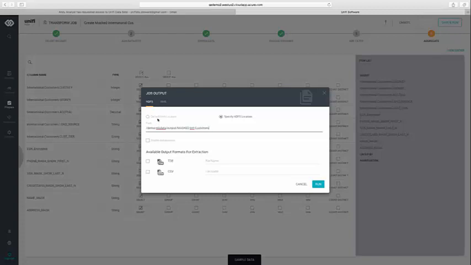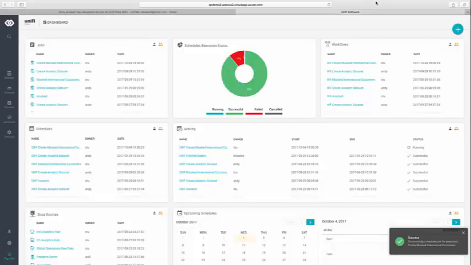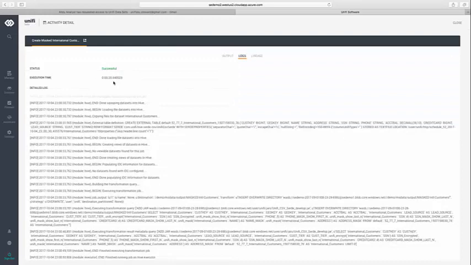So we'll give this thing a name here, and we'll go ahead and execute this process, which will create a data set for us from a masking perspective. You can see in the middle of the screen here that this process is running, and essentially what's happening is Unifi is taking the data set that I asked it to, and it's executing across those various functions from a masking perspective, so that very quickly I can provide Andy access to an appropriate level of secured data set. And if I drill into that, you can see it took about 20 seconds.